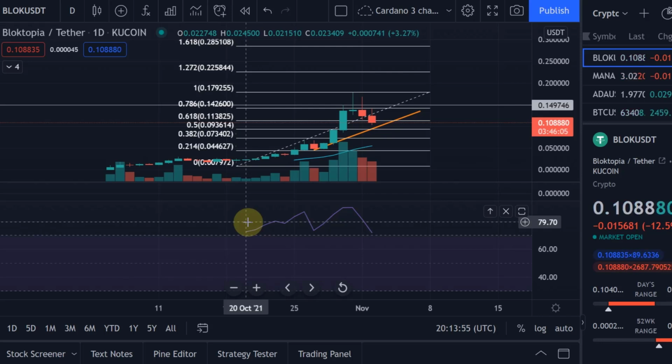I'm looking forward now to a potential buying opportunity. Maybe if we touch that orange trend line, maybe if we come to the 0.5 Fibonacci retracement level, these are important levels where I think we could find a bounce back to the upside, especially as we saw on the 1 hour chart, that bullish divergence. On the 4 hour, we're back in the neutral. Here on the daily, yes, we are still overbought, which is why I think we could see a little bit